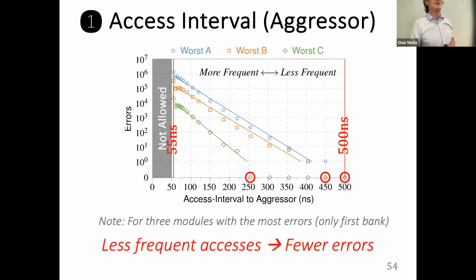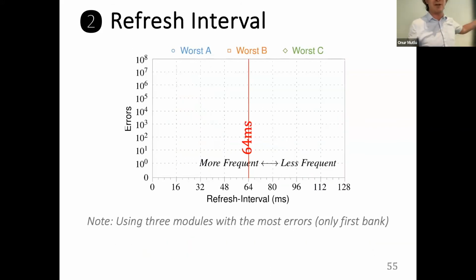This is a bad idea if you apply it across the board, because this would reduce your performance greatly, as you can see. Here, these are the worst chips that we tested, and these are the worst errors. You can actually get rid of all of the errors that we've seen. But remember that our patterns may not be the worst at the time. So this is actually much worse. This is not a great solution, but we're going to get back to this.